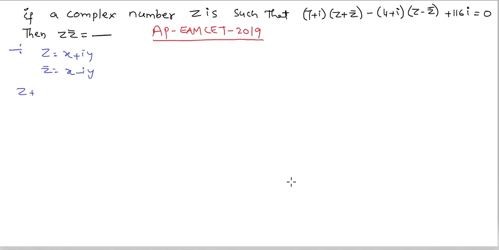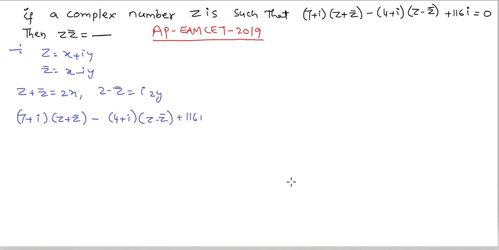Now we find Z + Z bar, that is equal to 2x, and Z - Z bar is equal to i into 2y. Substituting these values in the given problem, that is (7 + i)(Z + Z bar), that is 2x, minus (4 + i)(Z - Z bar), that is i into 2y, plus 116i = 0, that is 14x plus